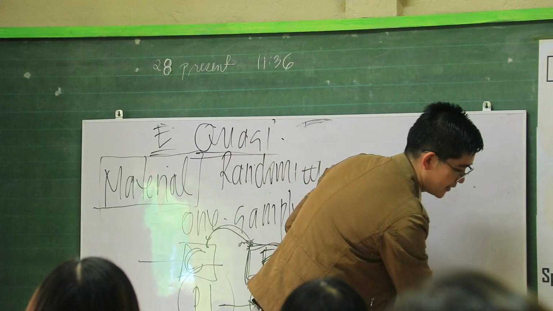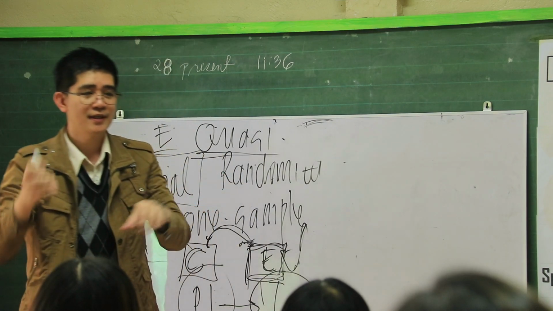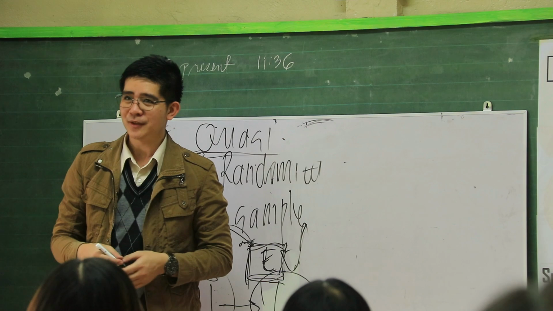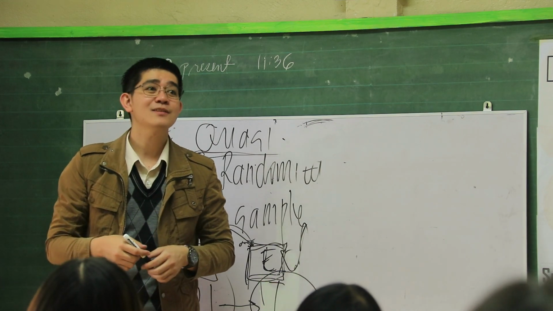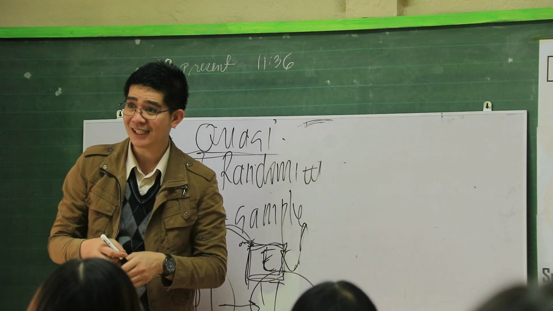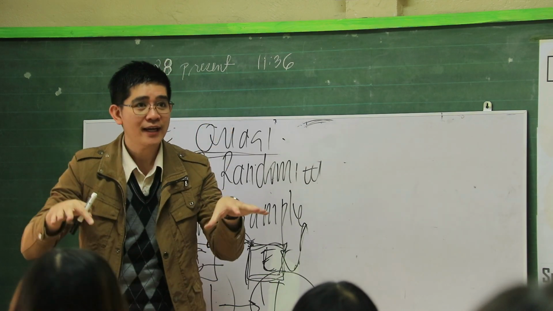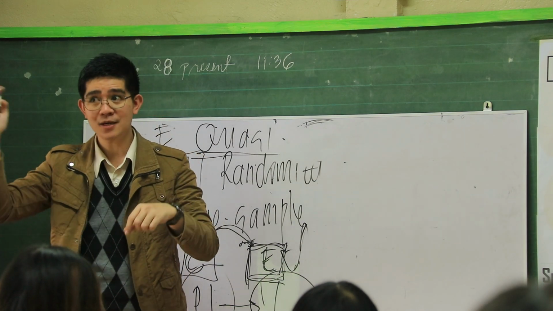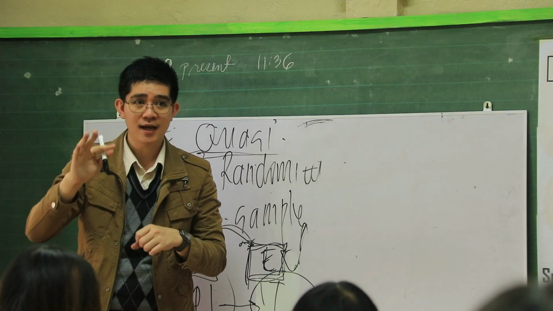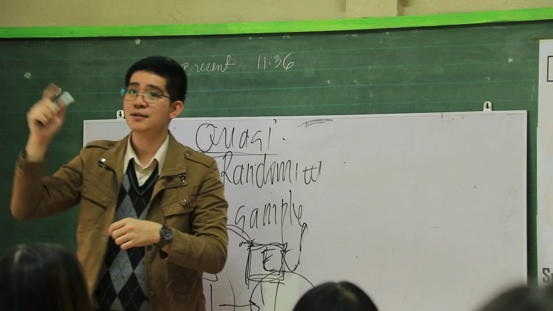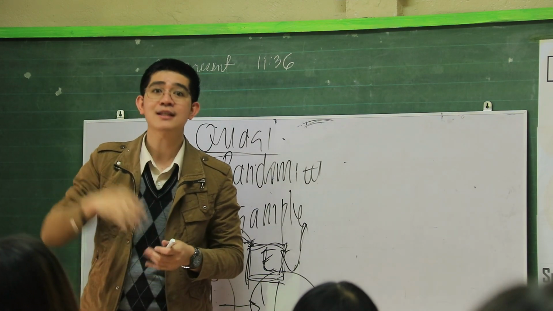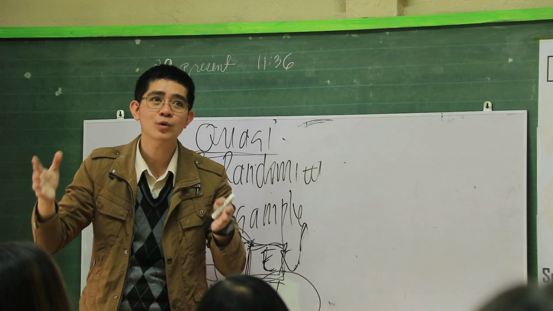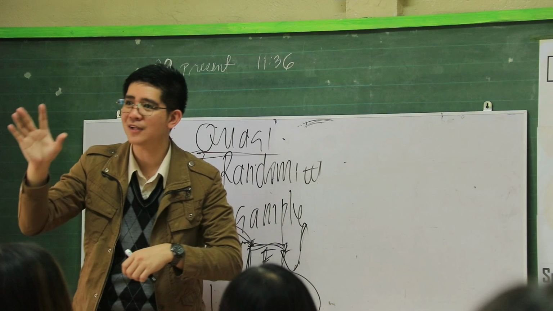Ilan po tayong teachers lahat dito, ma'am? 32. Kung gagamit ako ng total enumeration, 32 is 32. Wala na tayong magagawa kasi total enumeration yung aking sampling. Lalo na at ito talaga ang aking locale of the study. Halimbawa, high school po tayo, nangyayari po ito. 5 English teachers lang ang nasa isang high school. Tapos ang design ko, qualitative. So, interview of 5 lang ang may English teacher. Is that allowed? Yes.